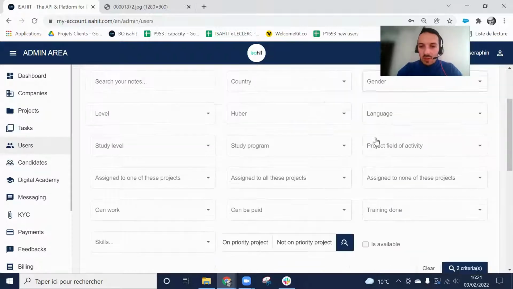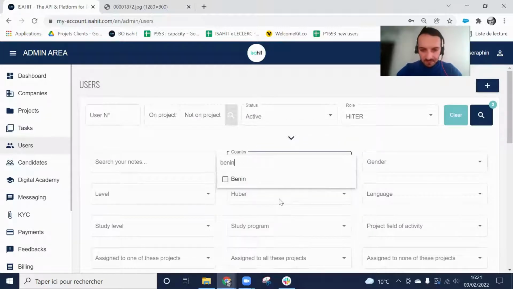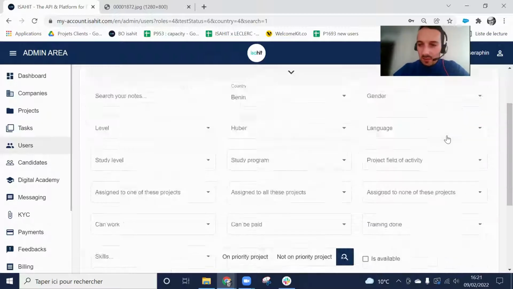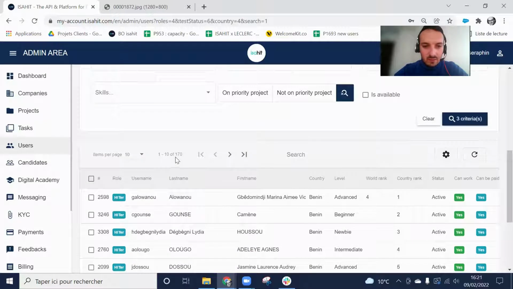Just imagine if I want to display the hitters based in Benin, I can just select it and I can launch the searching,